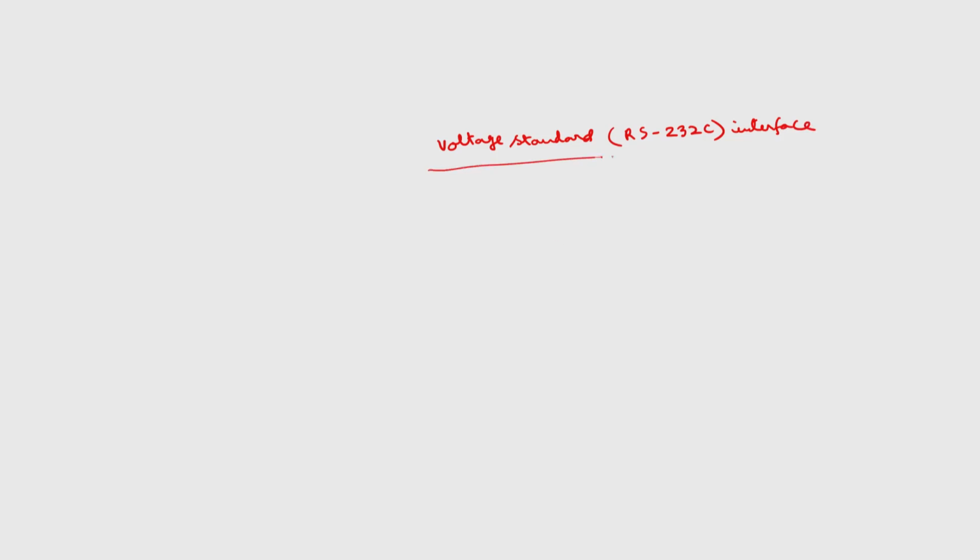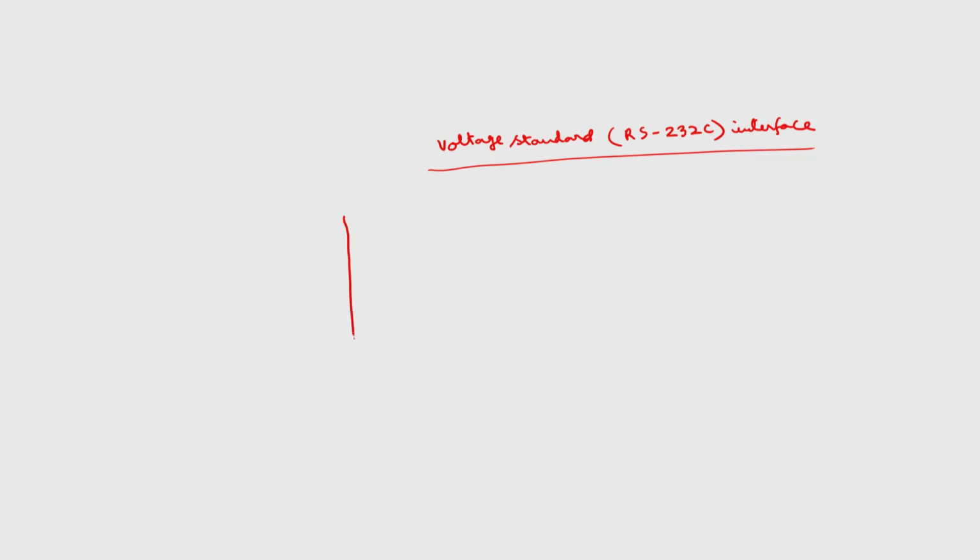Here we transmit the signal by means of voltage. Normally the devices are constructed using TTL logic. If I take this transmitter, it is called data terminal equipment, DTE, which is some sort of transmitter type, such as a microcomputer.